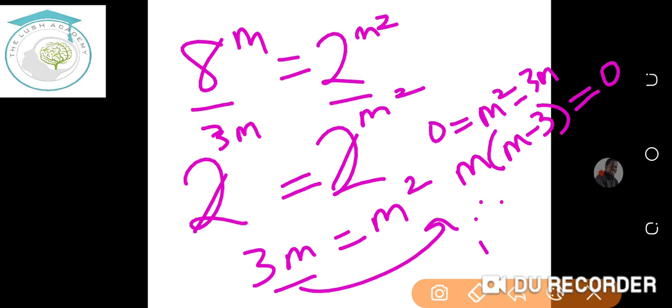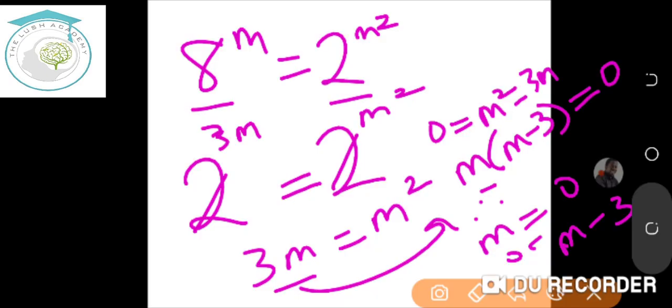Therefore, m is equal to what? 0, or m is equal to 3. So m has two answers. Those of us that have done this kind of algebra will understand. m is equal to 0 or m. Let me write it for the benefit of those that have not solved this kind of algebra. m minus 3 is equal to, oh sorry,